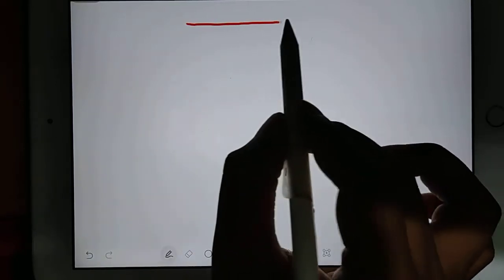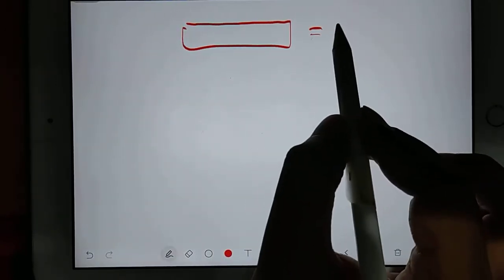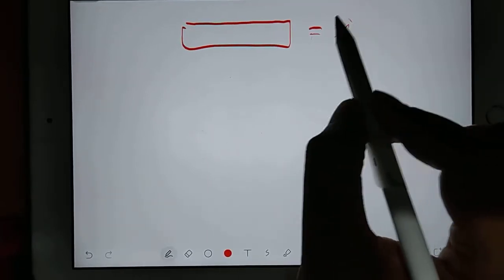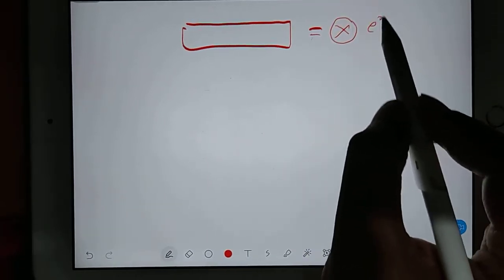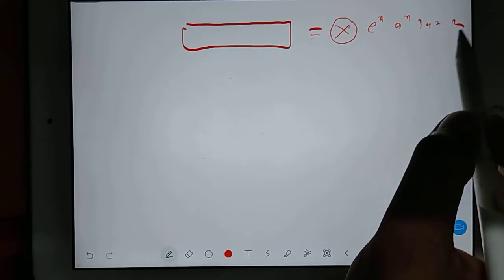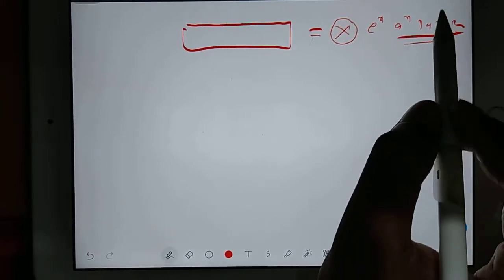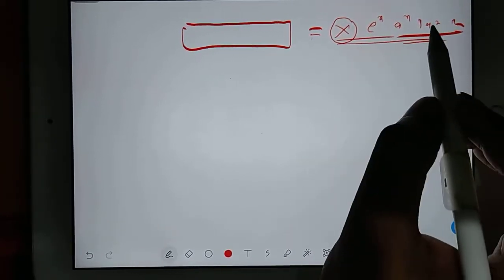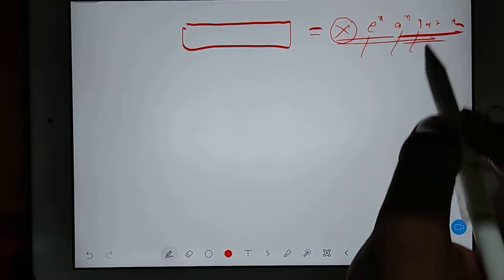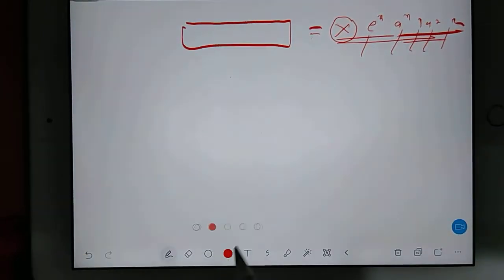Okay. I will revise what we are doing. In a differential equation, you will have an equation like this. This side will have some x term, a function of x. For example, it can be e power x, a power x, log x, sin x, and so on. Whatever terms are there, for every term, whatever question is coming,